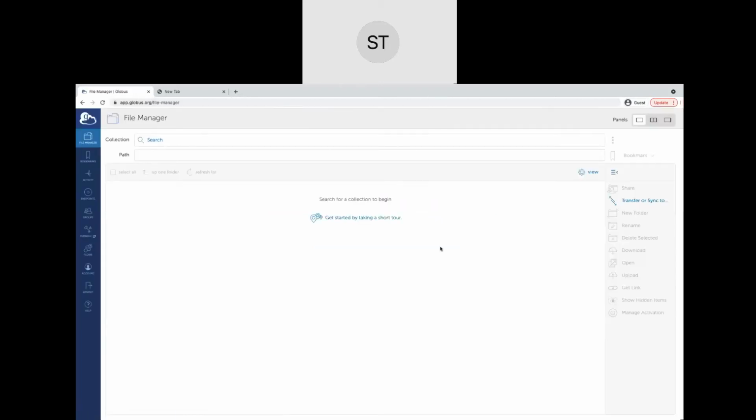Once you log in, you'll see this page with collection, path, the file manager, bookmarks, activity, and endpoints over here. In the file manager tab, there is collection and the path. Collection is where we will see our Arctic cluster folders and files. So if you go to collection